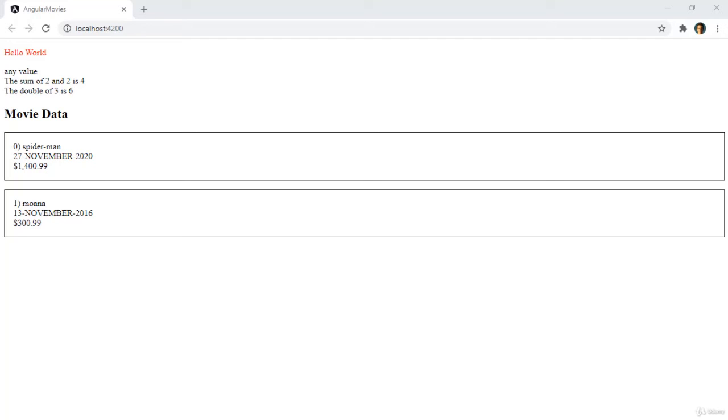In this video, we're going to learn how to use the directive NgIf. With NgIf, we can dynamically display something in the template according to a condition. For example, if we have an array of movies, I want to say something like, if the array is not